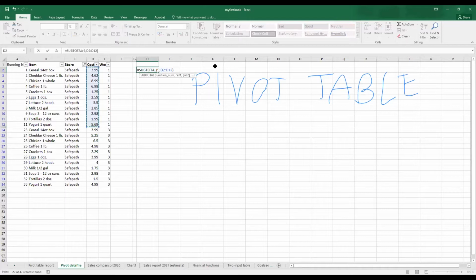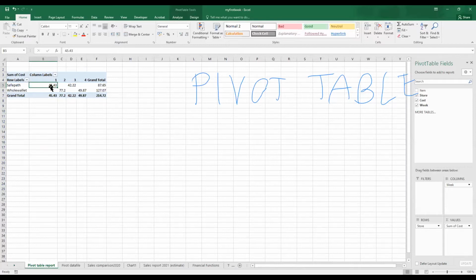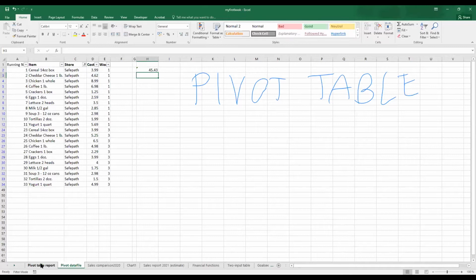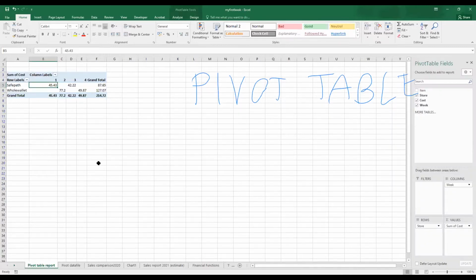Okay, you can see that in here it shows 45.43. If you go to the pivot table report, here is 45.43. You can see that instead of doing it manually, you can do it straight away in the pivot table, and also if you don't want the sum, I mean